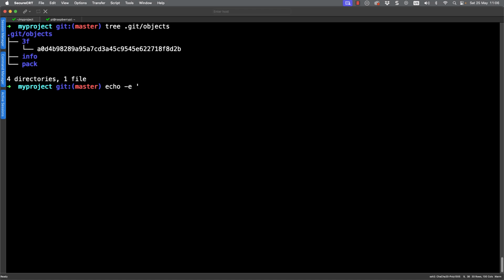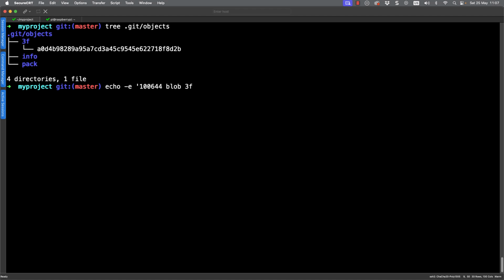So we can use echo -e to include embedded characters. And the first thing that we're putting in is the file mode. Now we know within Linux, the file mode also includes the file type. So 100 is saying it's a regular file. And then we've got the permission 644, which is the normal permissions for a readable file. The type of directory entry that we're putting in for our tree is that we're linking to a blob, a file within our file system.